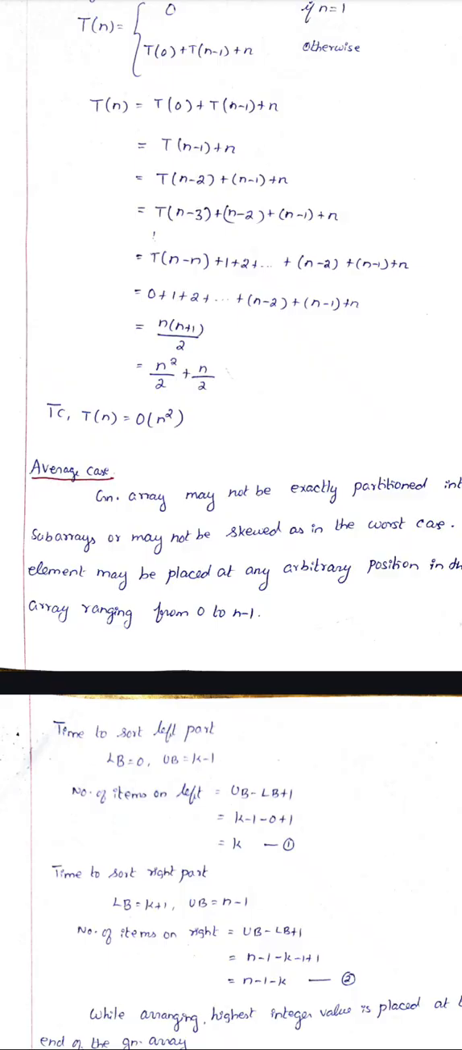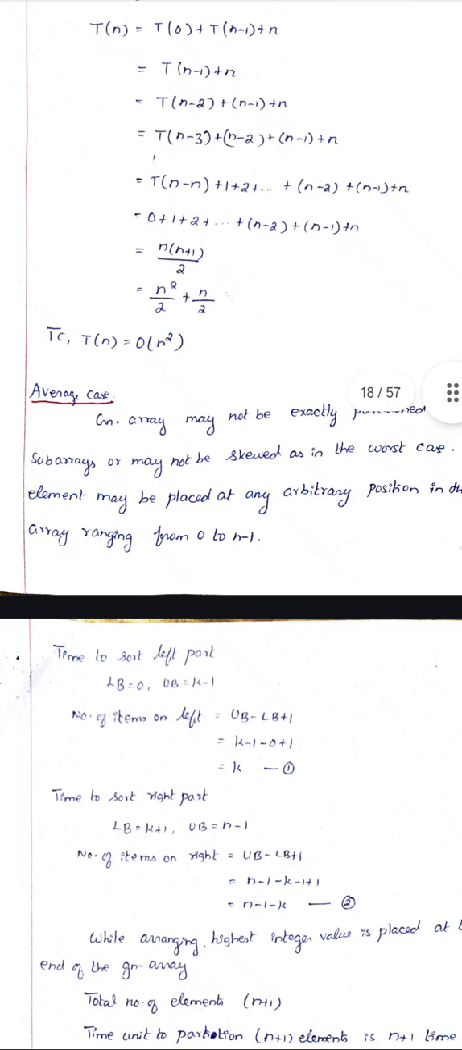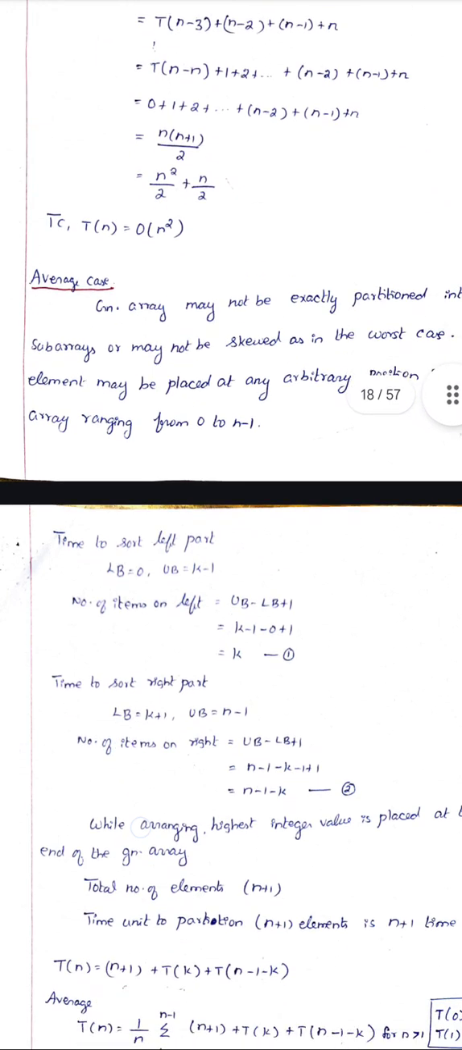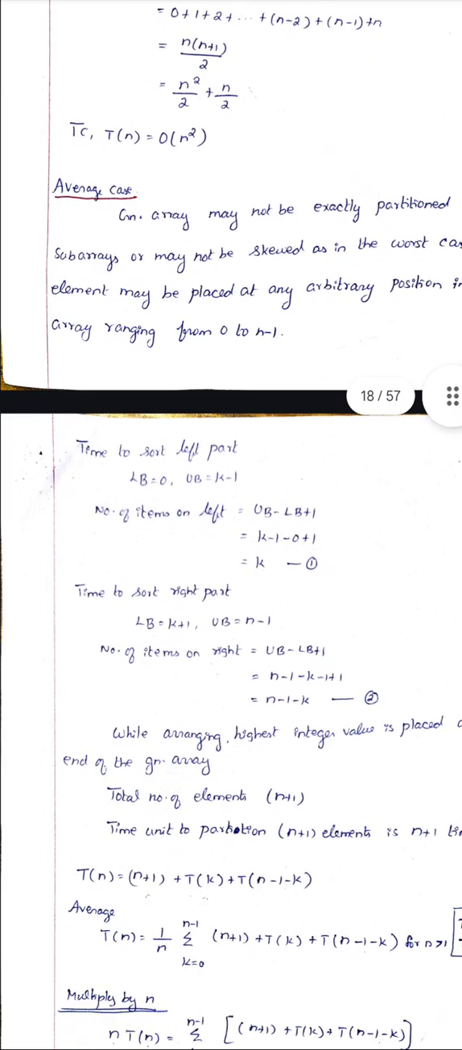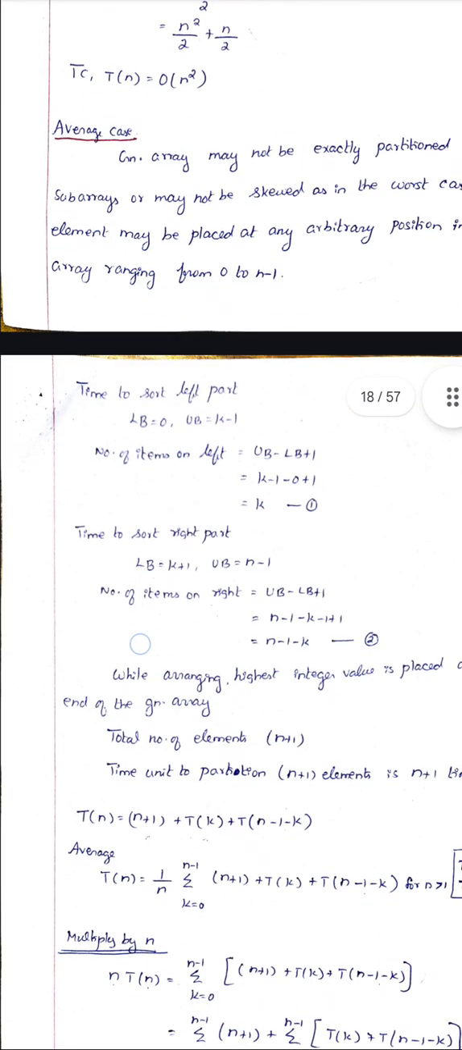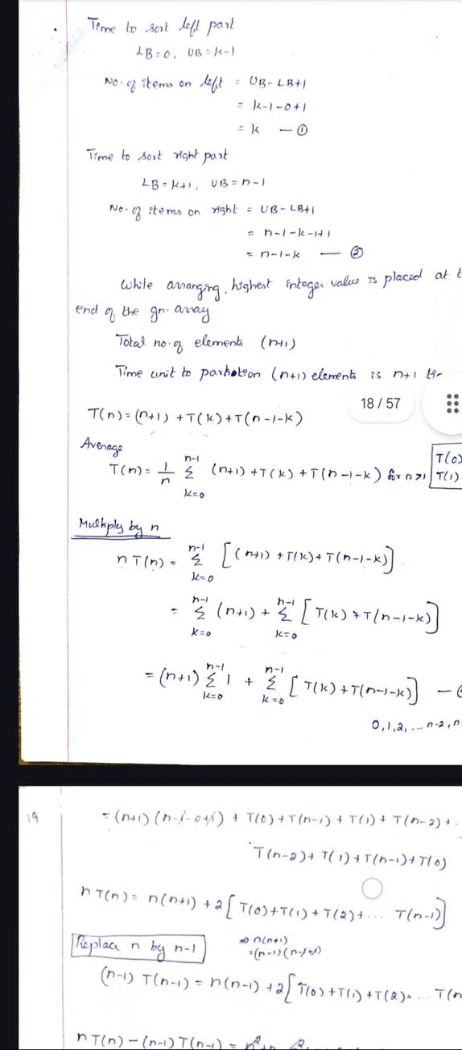That is T of 0 plus n into n plus 1 by 2. That is n square by 2 plus n by 2, which is Big O of n square. Then the average case for this will be